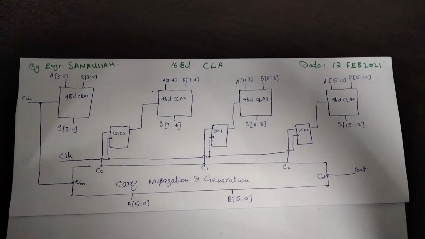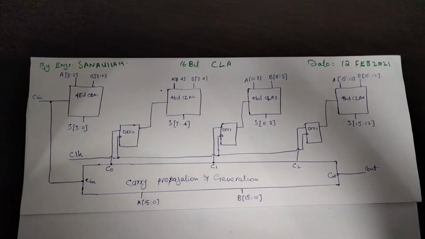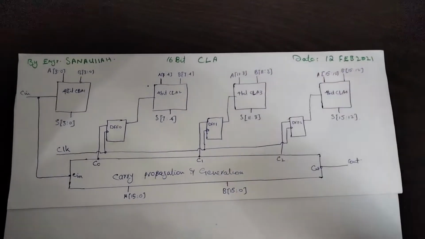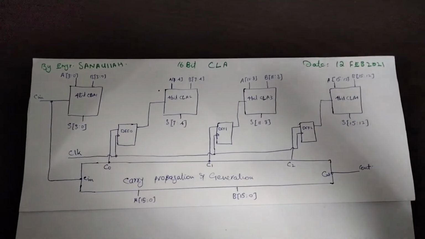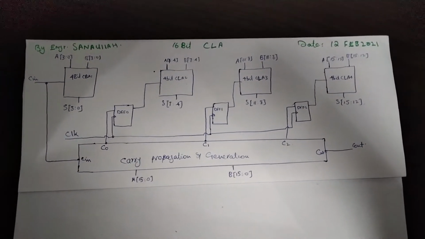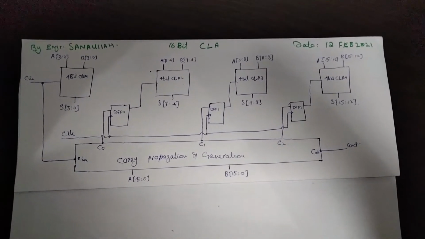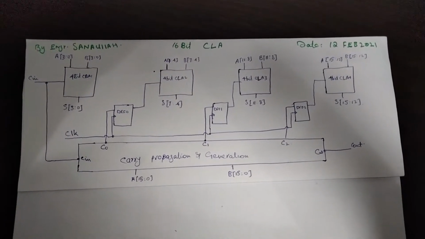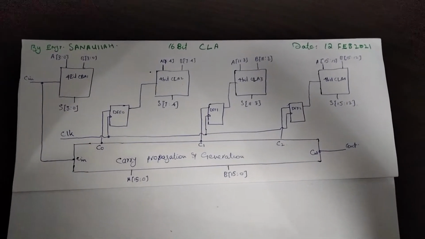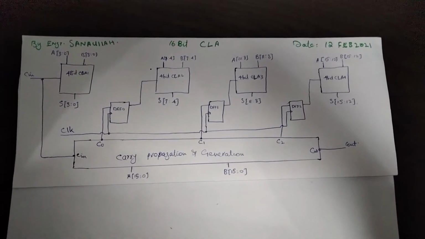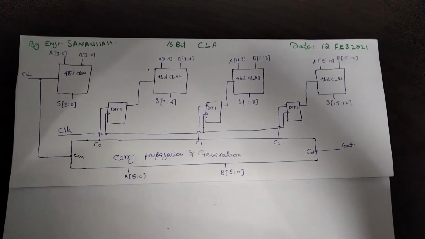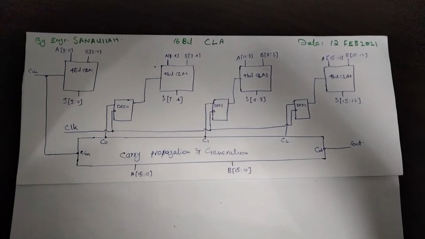Now I am going to describe the second part of my project, which is the Carry-Look Adder. Since we know that in a Ripple Carry Adder there is a propagation delay for each gate. But as per my first video, I have discussed that to reduce this delay, we use a novel technique of Carry-Look Adder. The purpose of this circuit is to generate carry in advance.